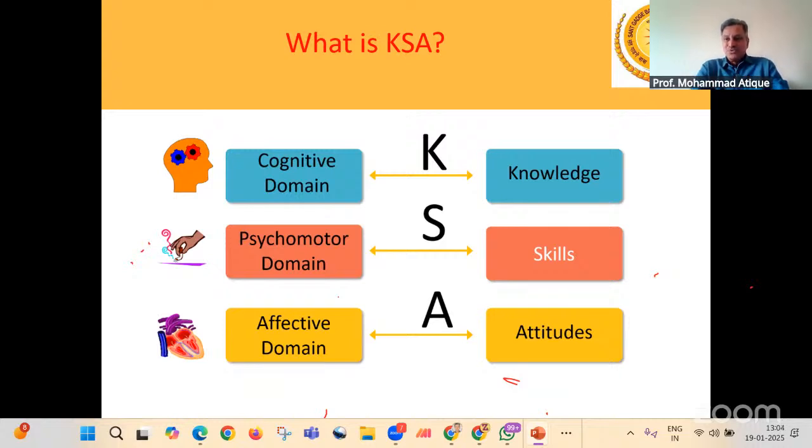If you ask them why, they will say: sir, that fellow may be meritorious, but when it comes to attitudes and skills, he is not a good fit for our organizational culture, right?